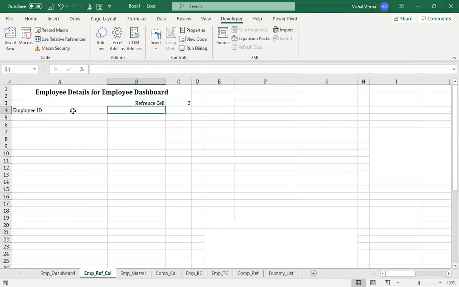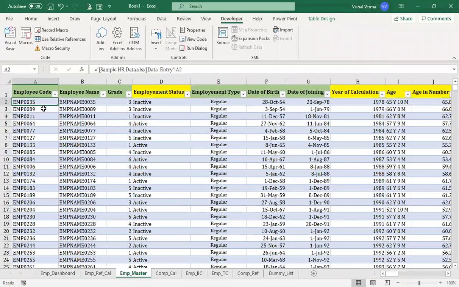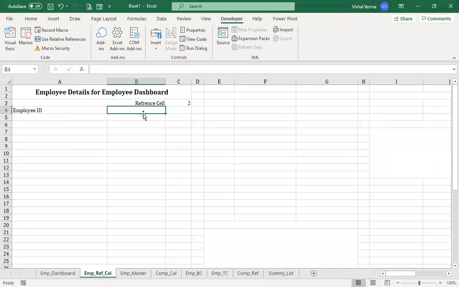The employee ID will be the employee's ID. So we have got the employee ID here as EMP0035. Now this EMP0035 will be coming here.